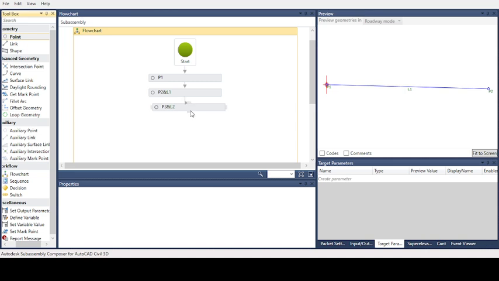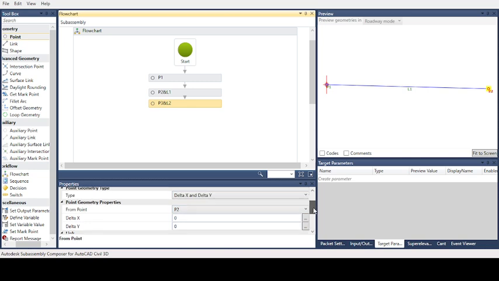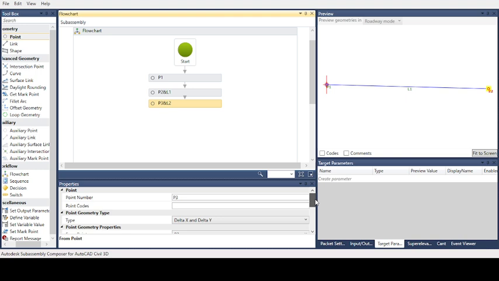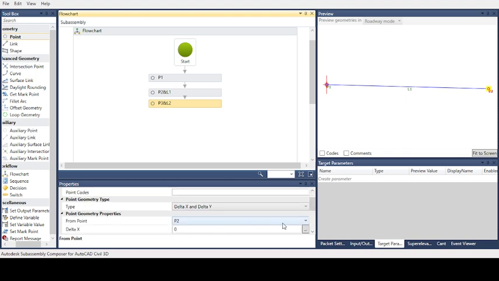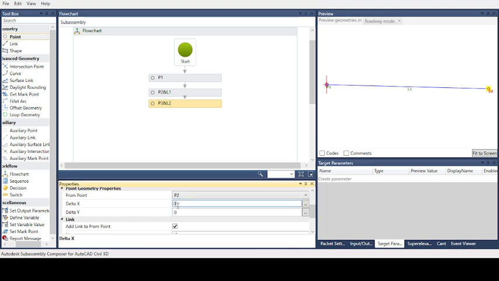We will create point 3. Point 3 starts relative to point 2. That means it uses delta x and delta y. For the x value 0, delta y we will give according to what we need for the shape. For example, for asphalt 5 cm, it may be base course, sub base, like this.